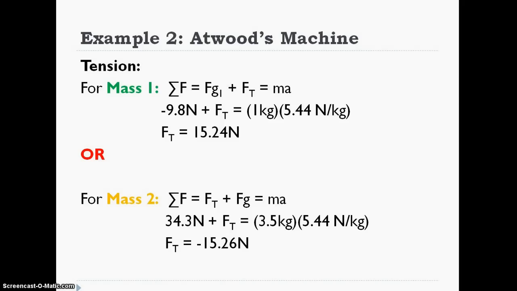Interestingly, in this case, I must have rounded somewhere because I got a slightly different answer in the tension. But again, either one of those answers would be fine. That's within 2/100ths. And if we were to sig fig it, they would be exactly the same. So that's how you do two-body problems. The only thing that you can add to that is friction, and we'll look at how to do that at another time. So that's enough for this.